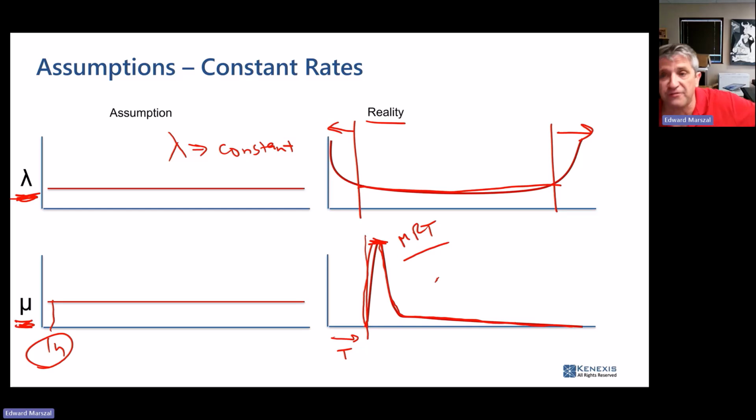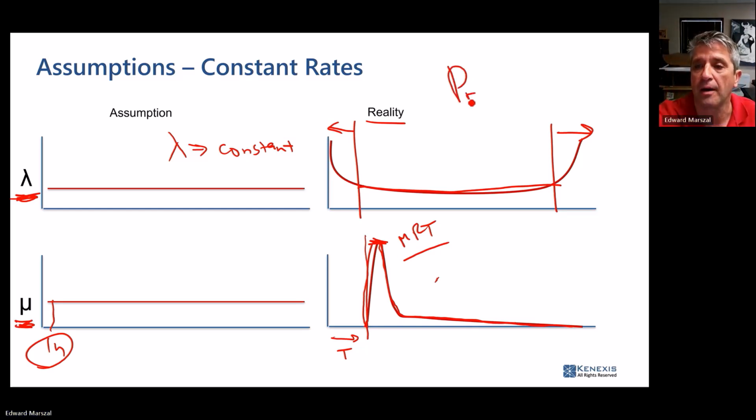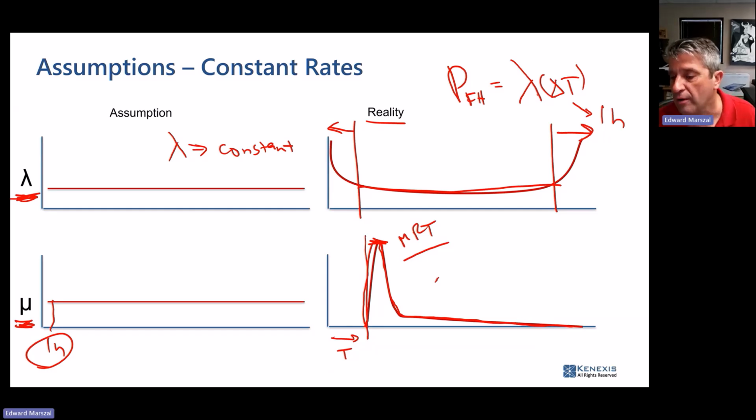So probability of failure per hour for a component is going to be basically your failure rate times delta t, which is going to be 1 hour. So this is a standard unreliability equation. And in terms of unreliability, I'm not prepared to discuss the definition of unreliability.